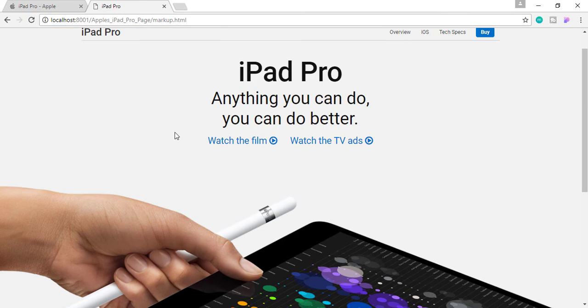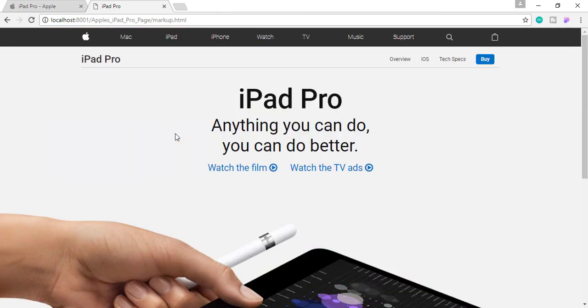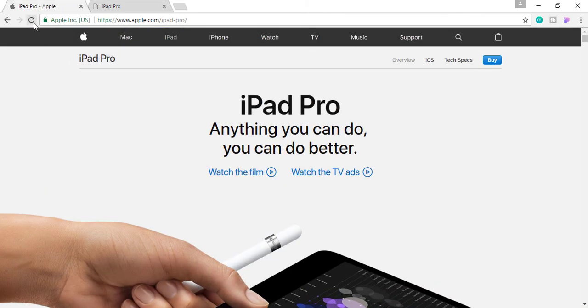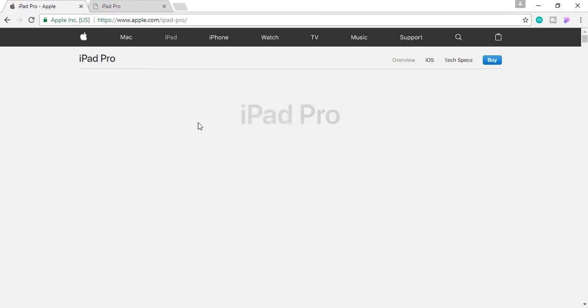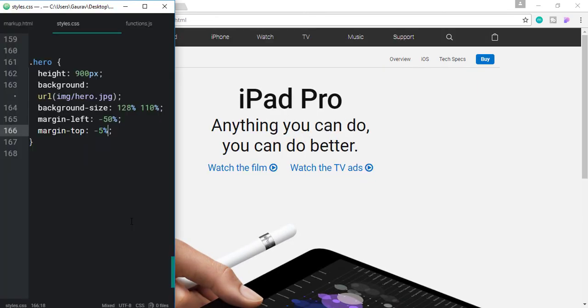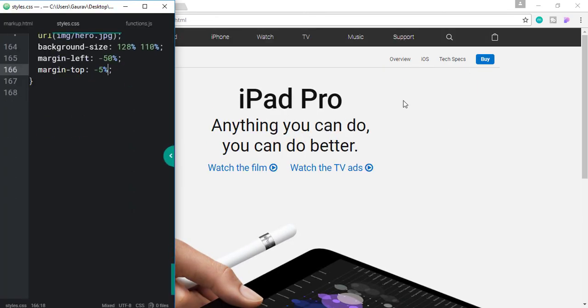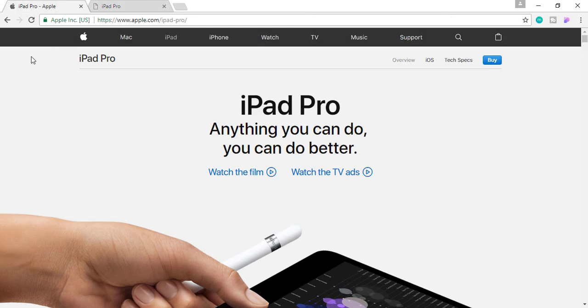Okay, so we have built this page with HTML and CSS, but currently it doesn't have any animations like their web page has. So let's build that. First of all, if you look carefully here, please pay attention.